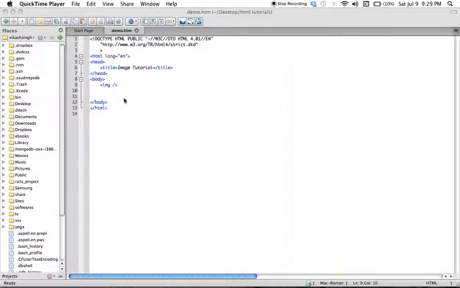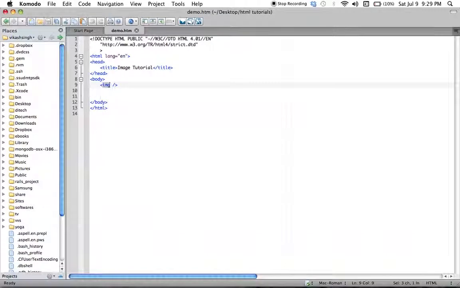In this tutorial we will see how to put images in your HTML document. Like in HTML for everything we use tags. So for images also we use the img tag that you can see here, but you can notice that this tag is not like normal tags. Like here you can see the title tag, there is a starting part and there is a closing part. The image tag has only one part and we write it like this.